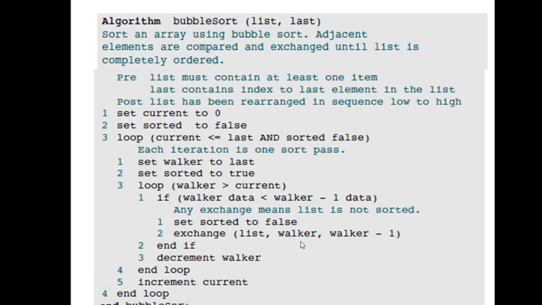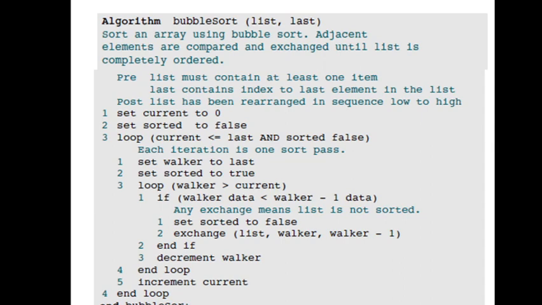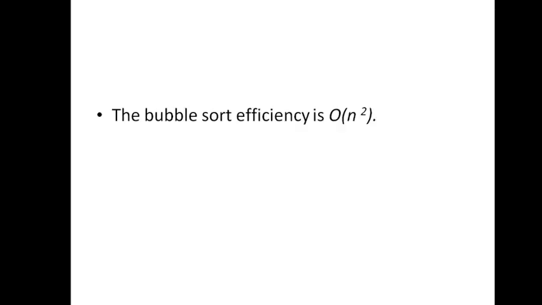And you are also allowed to rewrite this algorithm for your convenience, so that you can do it in the order in which I showed the example. So it is not mandatory that we should only follow this particular way of the algorithm. The idea is you must be able to reproduce an algorithm which does the bubble sort. That is all needed. And the bubble sort efficiency is given as O of n squared. So that is the end of the discussion on sorting.